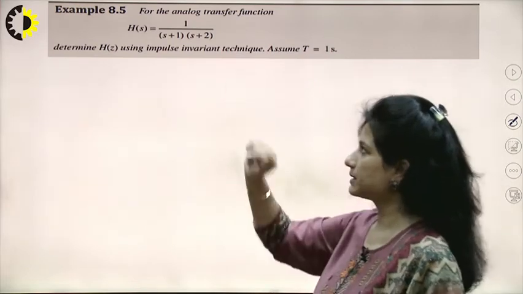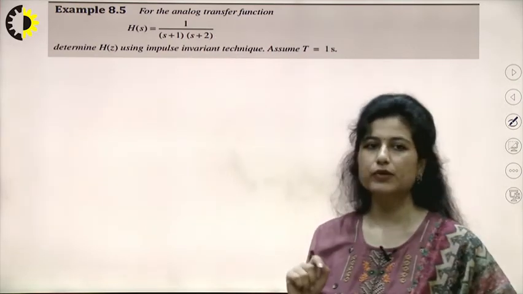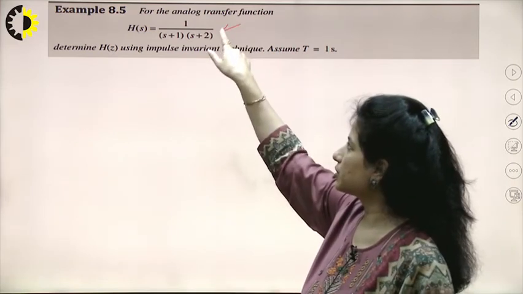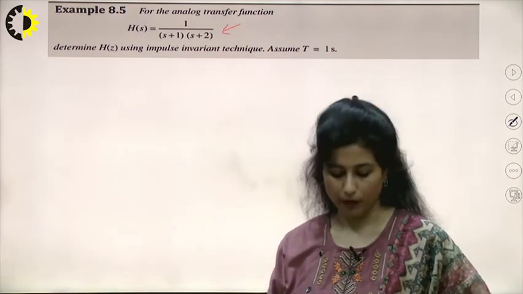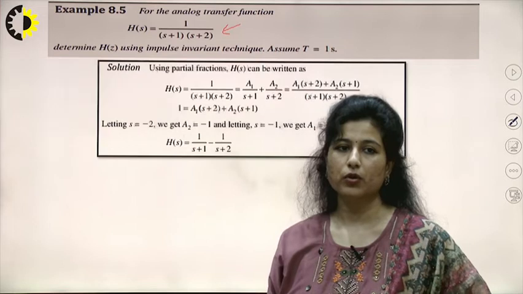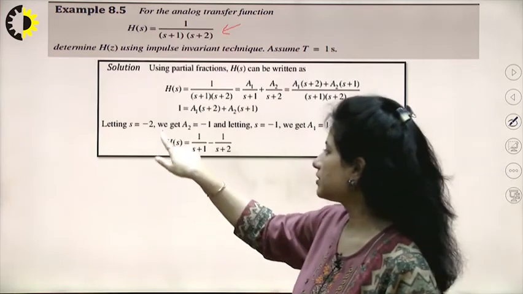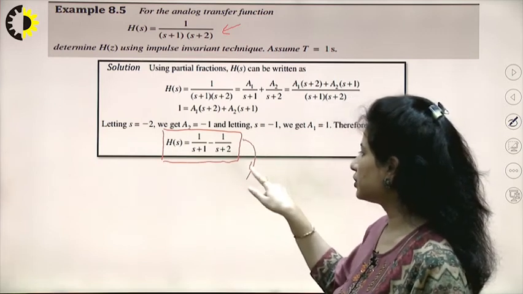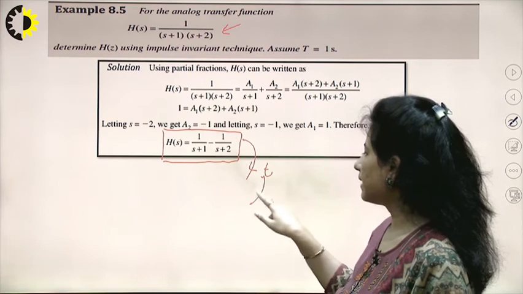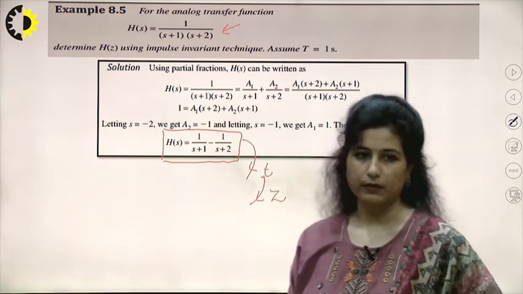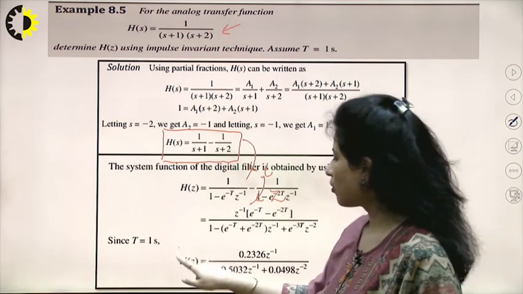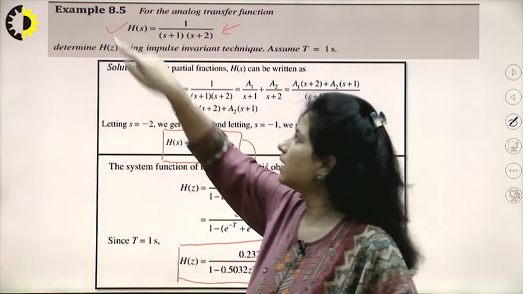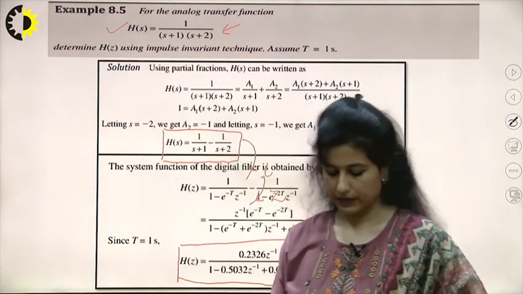Similarly, another form of representation can be 1 over s plus a into s plus b. I do not have any mapping table corresponding to this function, so first I have to bring it into a standard form. Bringing this function into a standard form requires partial fractions. After partial fractions, this is how I can represent the standard equation. Then again I have to perform the two steps, coming into the time domain, and from the time domain going back to the Z domain. This would be my final representation of the IIR system corresponding to this analog system, which represents my IIR filter.